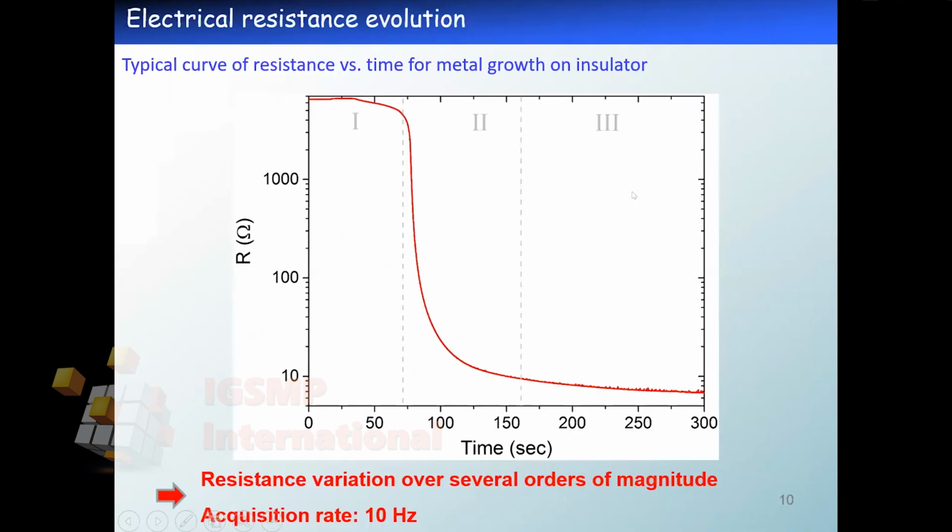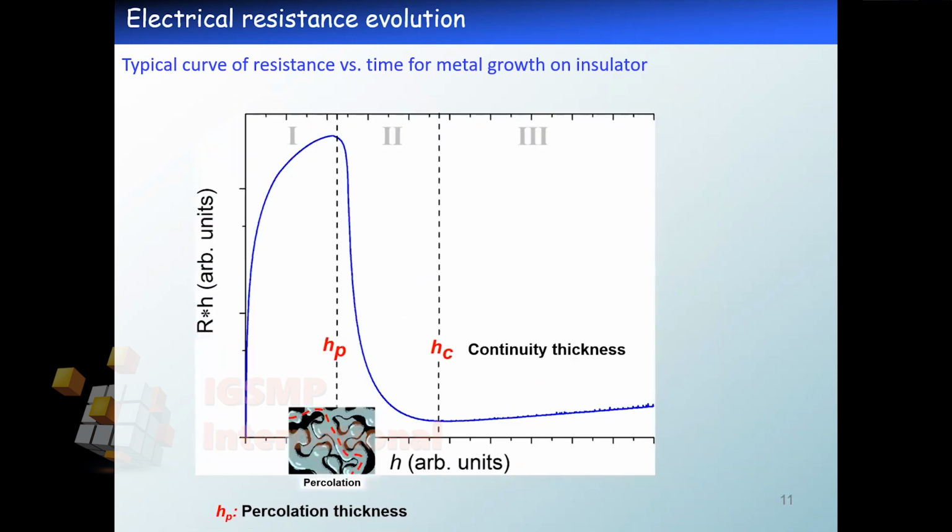So typically, if you look at the variation of the electrical response of a metal that is grown on an insulating or highly resistive substrate, you have this typical curve. So you start from a highly resistive value, and as the layer is growing, at some point you observe a fast drop here in the electrical resistance, and this fast drop is attributed to the percolation threshold. Percolation is the first electrical path that connects all the different parts of the layer and makes the first conductive